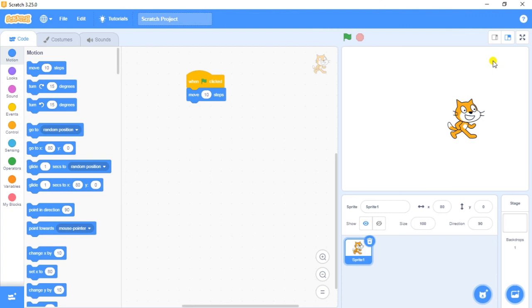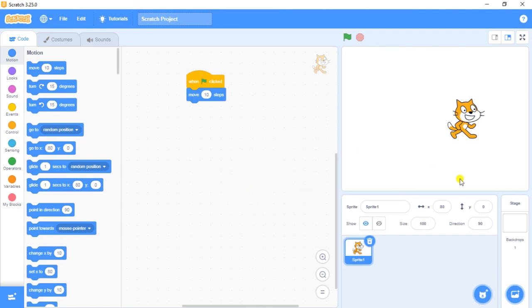Now we are going to discuss the tabs. Code, costume, sound, these all come in tabs. Scratch provides us with 3 different tabs, namely script, which is known as code, costume and sound. Code and script are the same. All 3 tabs have different tasks to perform. In addition to these, the backdrop tab appears only when we select the stage icon, to add any inbuilt background on the stage, or you can also paint a new background.